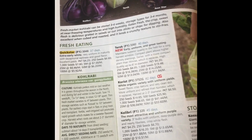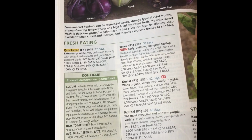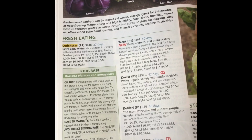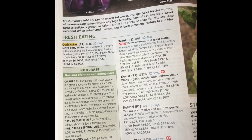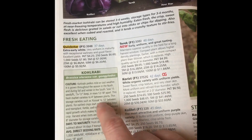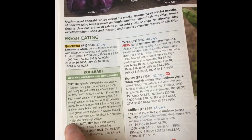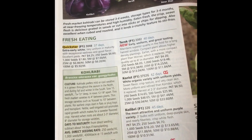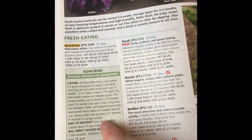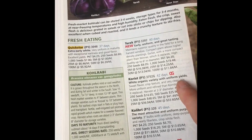You can also often find how many seeds are in a packet, so you know that you need to seed these 8 inches apart and that there are 100 seeds in a packet, so you can consider how much you need for your space. And then often how that plant grows. Kohlrabi is another one that you could grow in the spring or the fall when we're not quite done with frost, and you could plant those in a partial shade situation as well. So it tells you when it's ready and spacing, and those are things you need to know